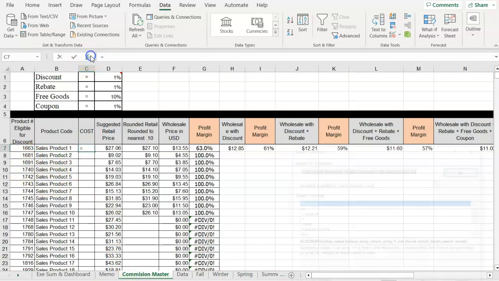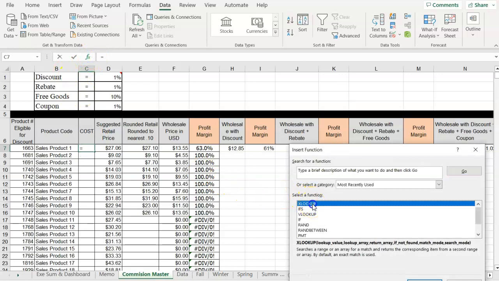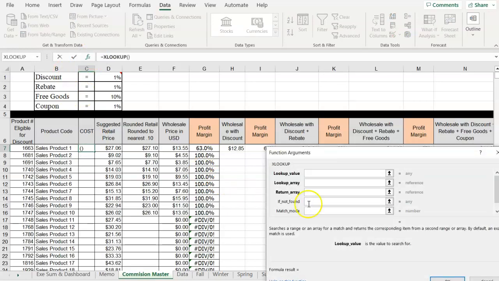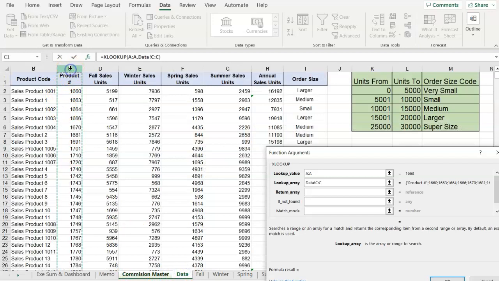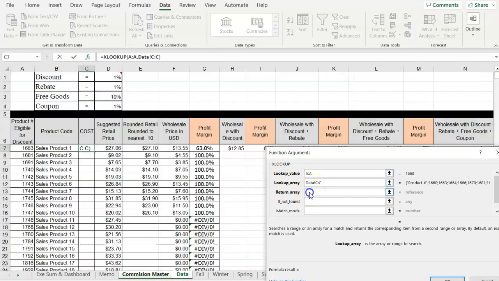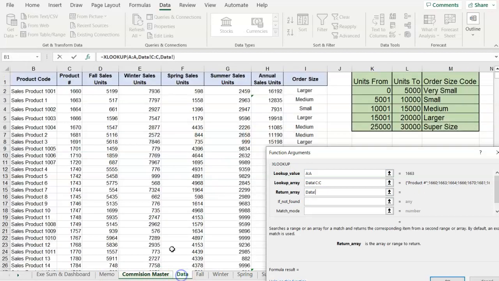So same thing, I'm going to do the XLOOKUP. And you have to use XLOOKUP, not VLOOKUP, because the columns are out of order, so it wouldn't work with the VLOOKUP. But with the XLOOKUP, I can take the lookup value, match it to the lookup array. So the lookup value and the lookup array should be the same data. The return array is what I want to bring into the cell. So I want to bring in the cost,